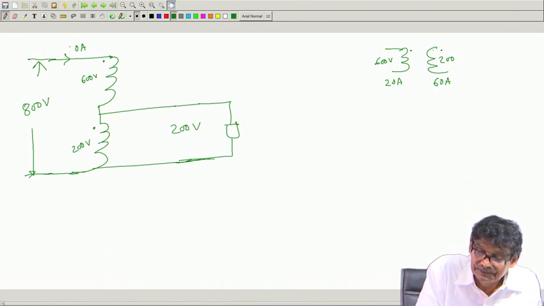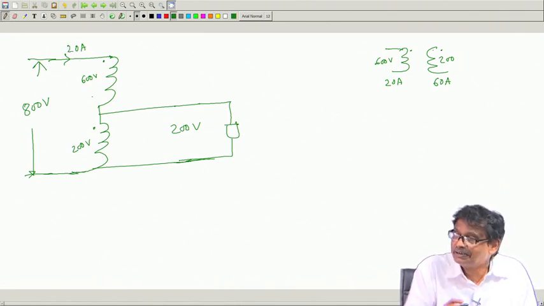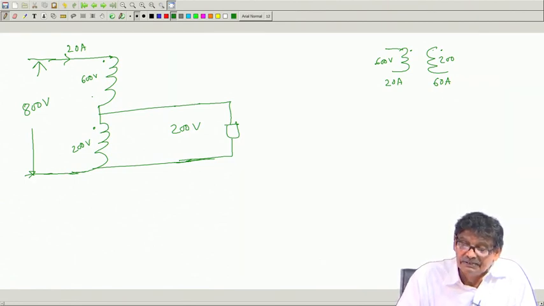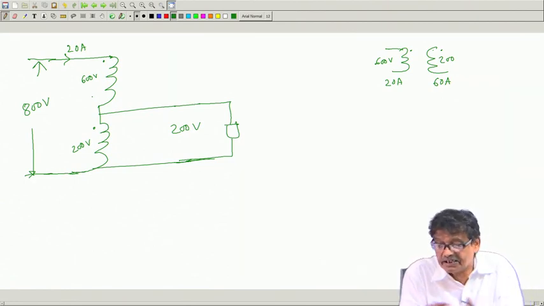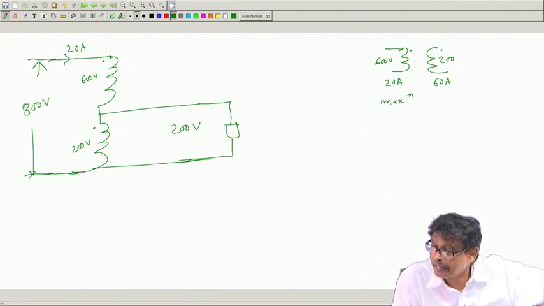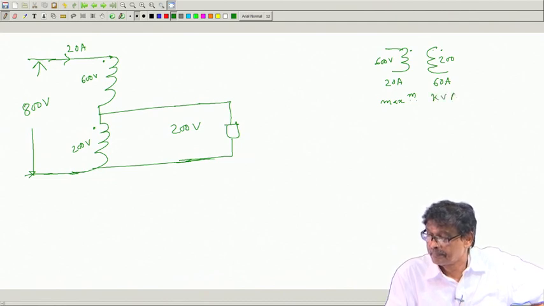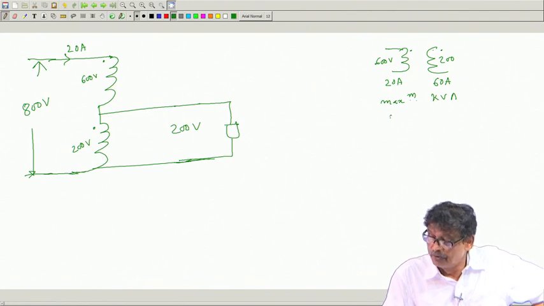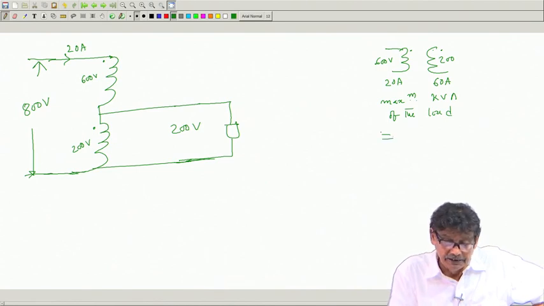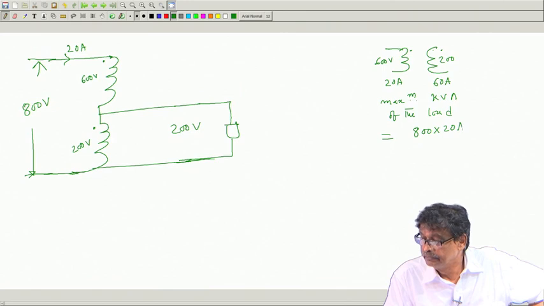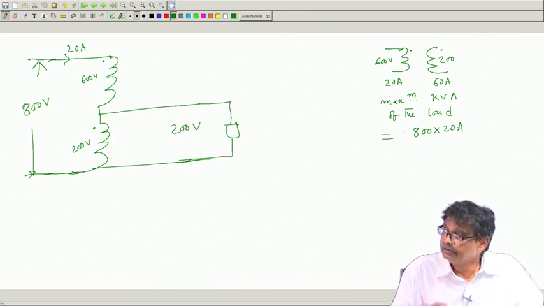I should not allow a higher current. So, maximum kVA of the load should be 800 into 20 ampere,